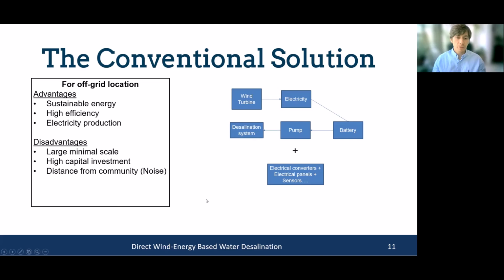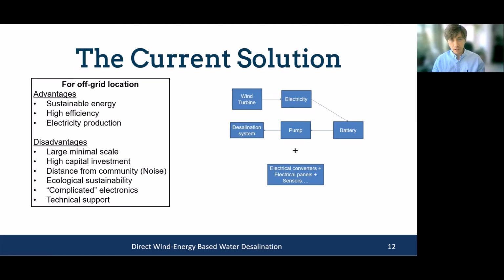The distance from the community must be large, because the wind turbine creates a lot of noise. They can hurt birds and any other winged creatures. They have a lot of complicated electronics, meaning that we must have technical support of people that have proficiency in such systems. Our solution, on the other hand,